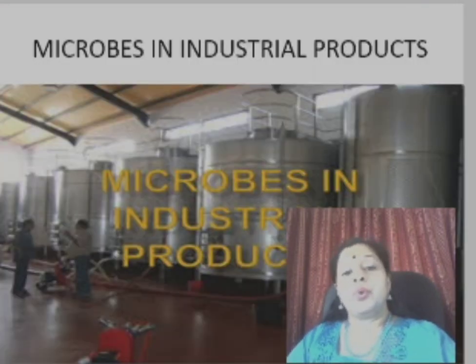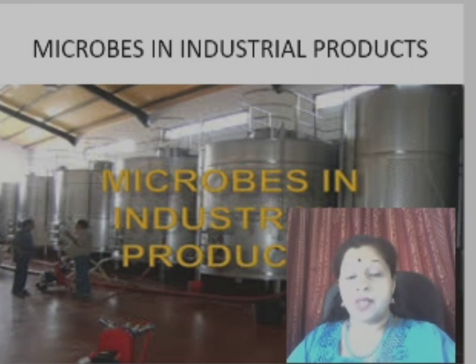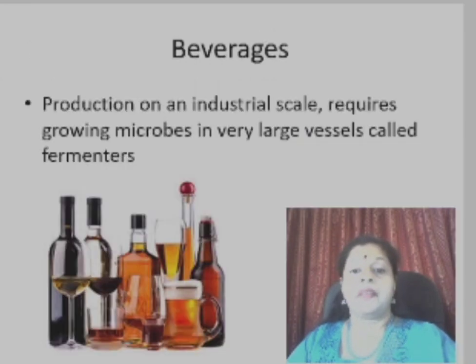Now we are moving on to microbes in industrial products. How can we make use of microbes to produce products on a large scale? The first is in the form of the beverage industry. Production on an industrial scale requires growing microbes in very large vessels called fermenters. Microbes, especially yeast, have been used for this fermentation product from time immemorial for making wine and other beverages